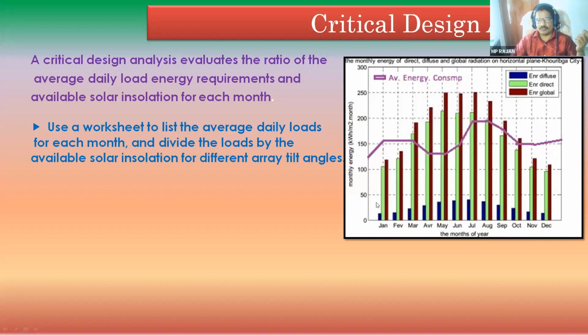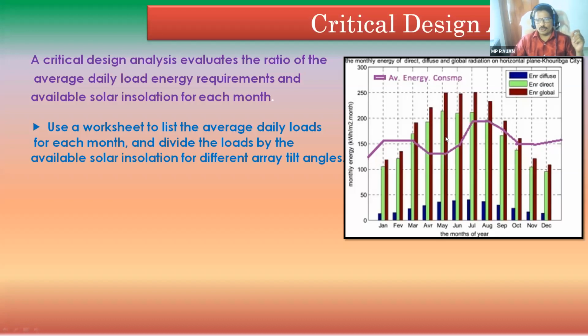Okay, this vertical bar. So 3 bars are together. Different solar installations are there, like diffuse, direct, and global. Let us see the brown bar, global. Okay, you can see maximum installation is in the month of May, June, July in India. Very less output during the month of November, December, January, and February.